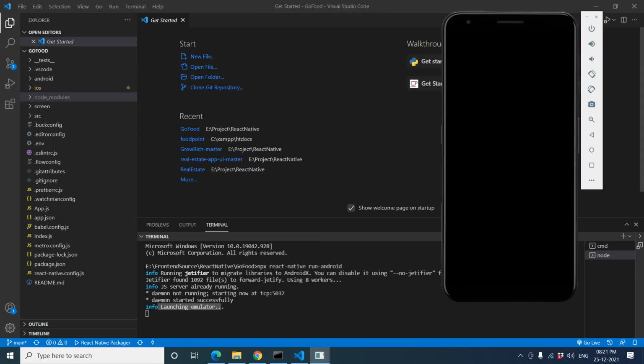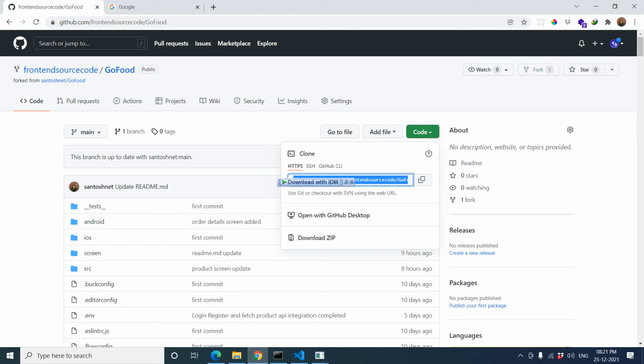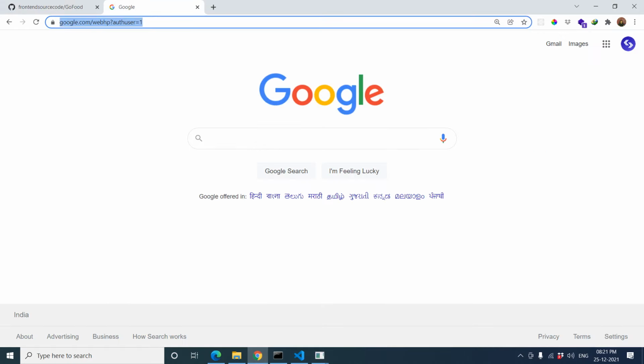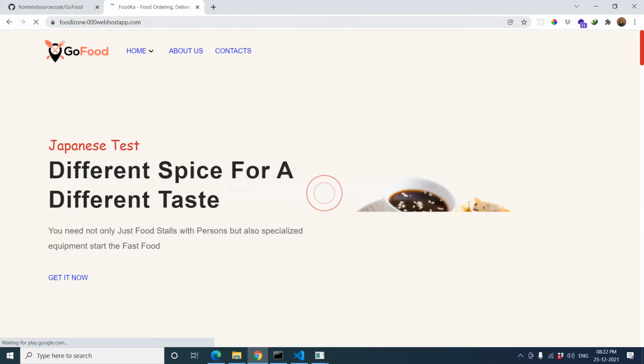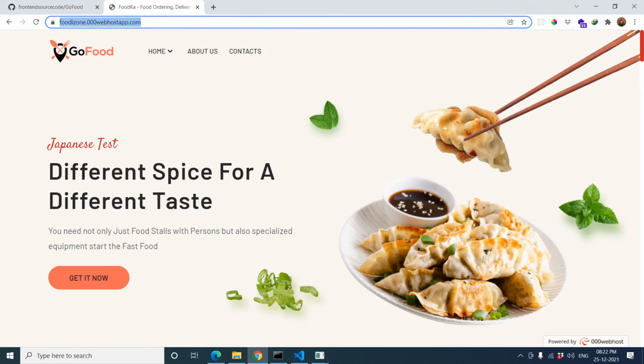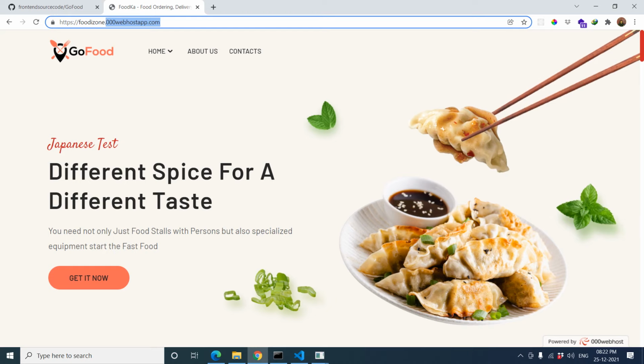Let's wait for the installation. Within that time, we are going to check the admin panel. For the admin panel, we can check odzone.000webhost.com. 000webhost.com is a free web hosting service provider, where you can host a single website, so it is totally free.